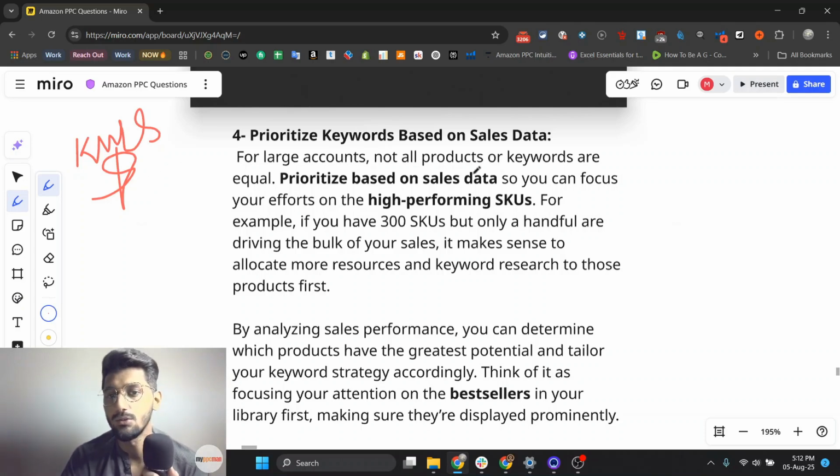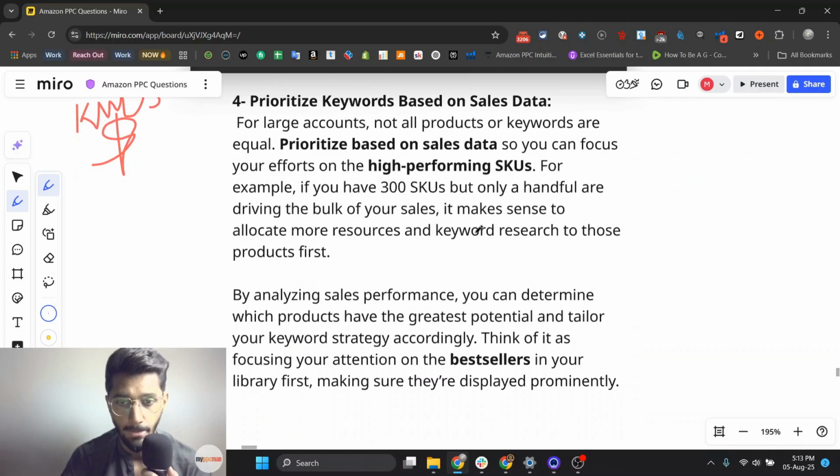For large accounts, not all products or keywords are equal, so prioritize based on sales data. You can focus your efforts on high performing SKUs. For example, if you have 300 SKUs but only a handful are driving the bulk of your sales, it makes sense to allocate more resources and keyword research to those products first. By analyzing sales performance, you can determine which products have the greatest potential and tailor your keyword strategy accordingly.